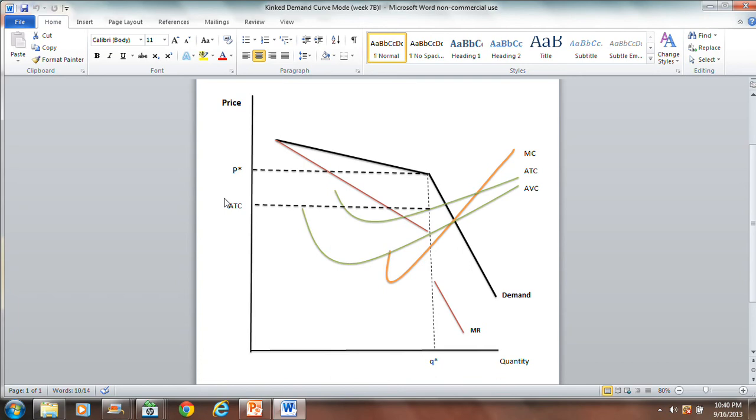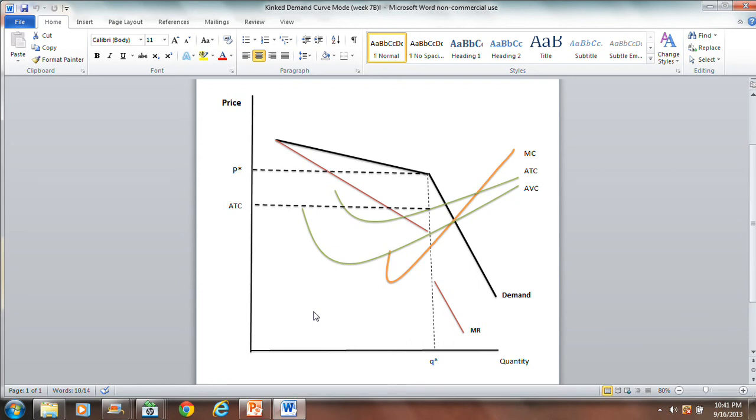Now what we have to do, of course, is transition from accounting profit to economic profit, and the way we've done that before is we simply say that the accounting profit this firm is making, this difference between price and average total cost, is larger than an accounting profit it would make doing something else, and that would make being in this industry the best choice. And so it not only would make accounting profit, but it would make economic profit.